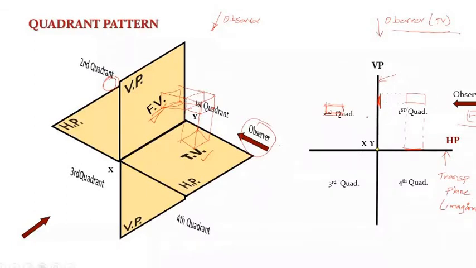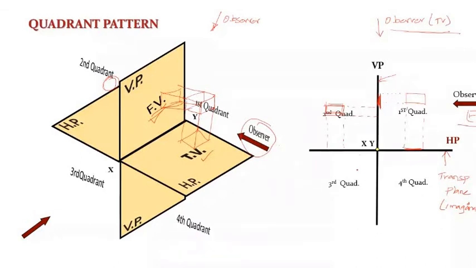In order to ensure that, you can see through the plane to take the view of an object in the second quadrant. Okay, so then only it will be possible to fix the position of the observer. If the observer stands here and the object is in the second quadrant, you will get the front view something like this, and the top view something like this.